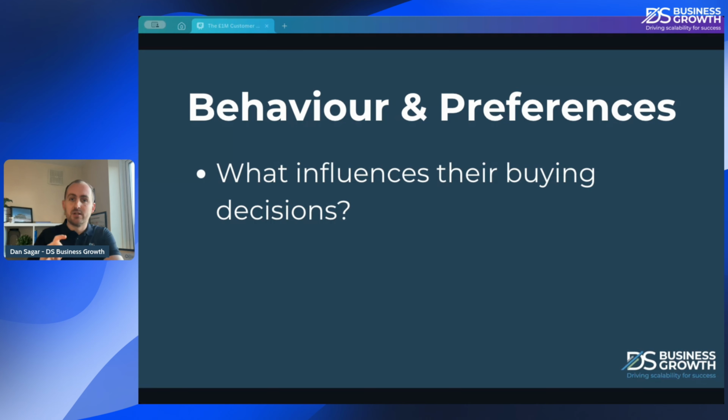And then the last little bit in here is what is influencing their buying decision. So I just touched on price briefly, but just to build on that a little bit more here, are people in your industry, for example, always price conscious? Is that the biggest decision? A lot of people will jump and say, yes, it is.